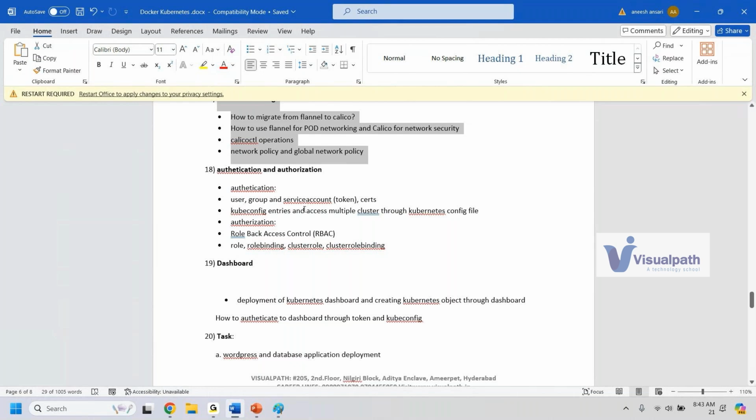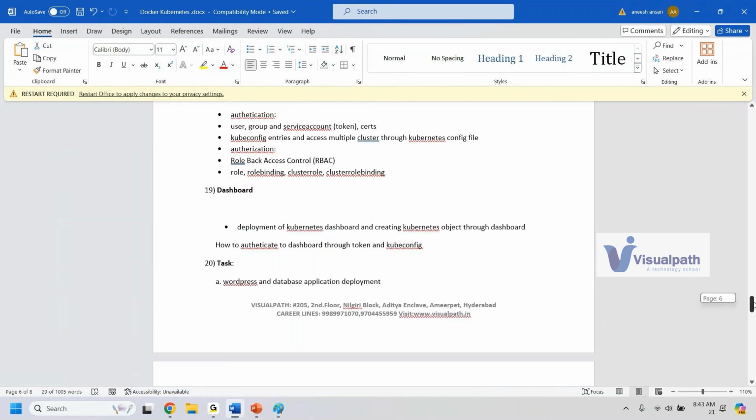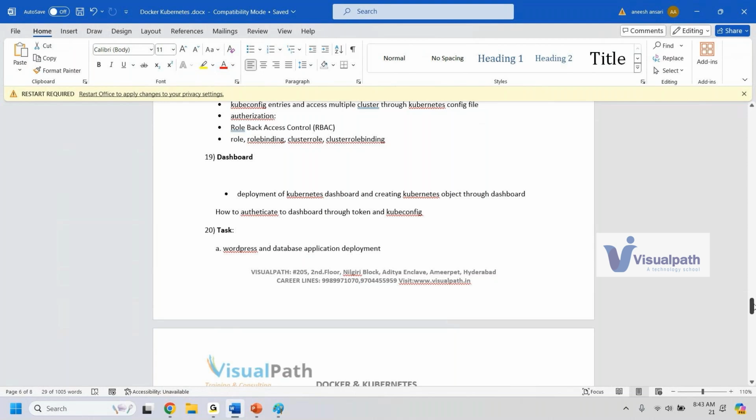Kubernetes has its own dashboard. We can access it visually from a web browser, and we can create application deployments. We can see what all objects of Kubernetes are running in our cluster, like deployments or secrets or config maps or the services, and so many things can be seen and managed through the dashboard. But it is not a good practice to run the dashboard in your environments. Every time you will be dealing with the CLI, command line interface, only, but still we will be talking about the dashboard too,